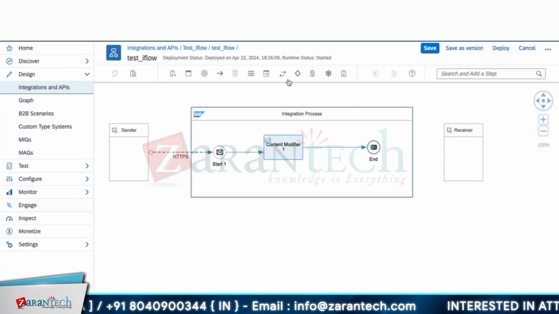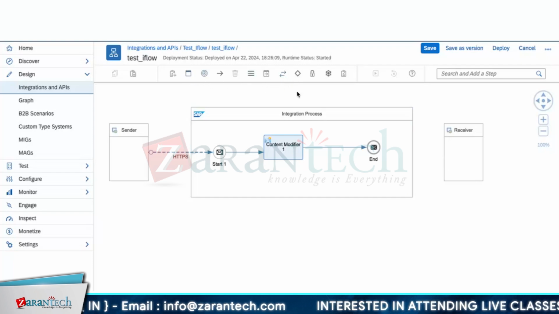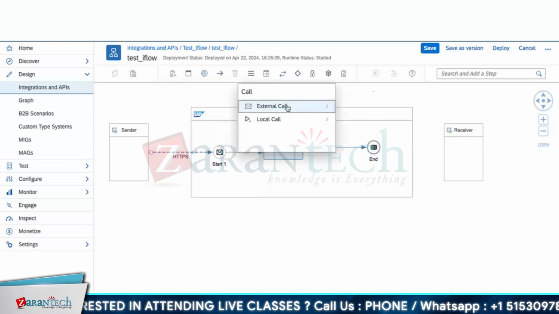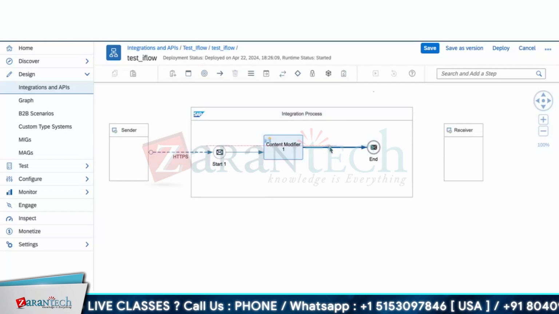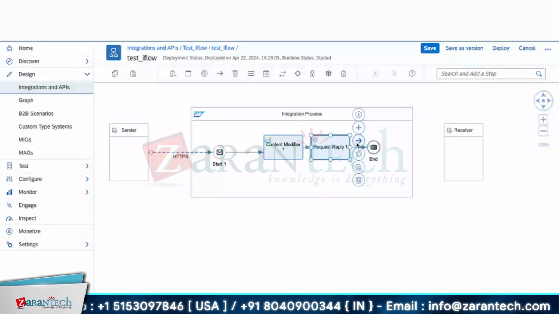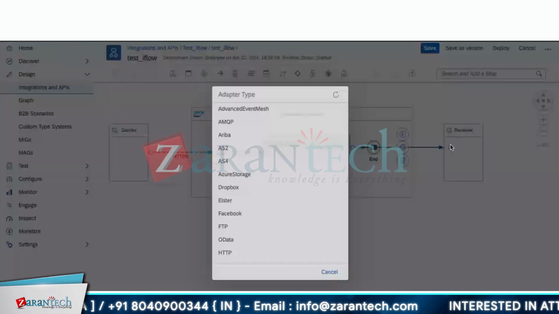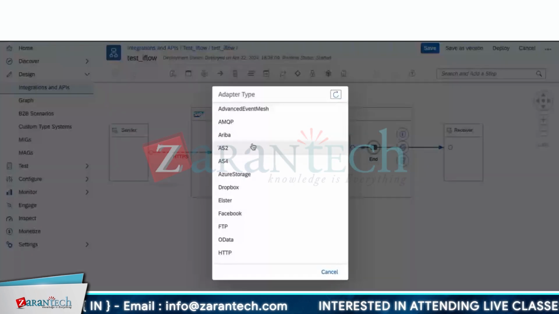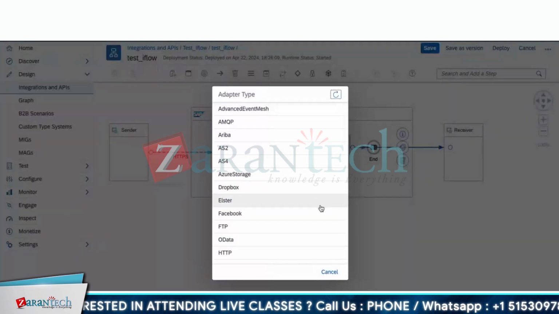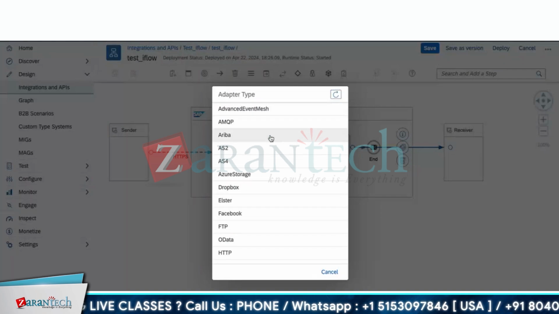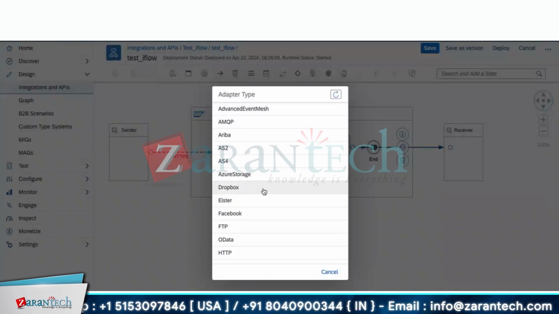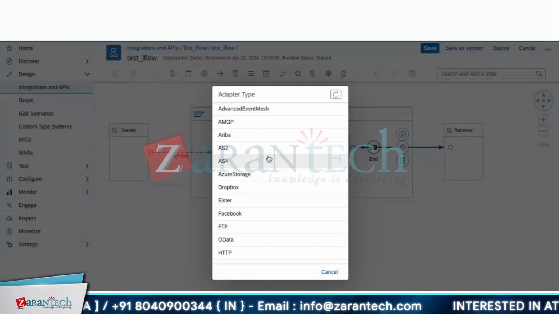Okay. So whenever you want to make a connection to your system, you just go here, go to External, View Request Reply, Put Request Reply, and you can pull in a number of adapters. So now this has a number of adapters. It has the Ariba adapter, it even has the SuccessFactors adapter, Azure storage, it has plenty. The list is very big. Even if you want some third-party adapter to be used, SAP has an adapter for the AWS S3 bucket also, and you can use that adapter.